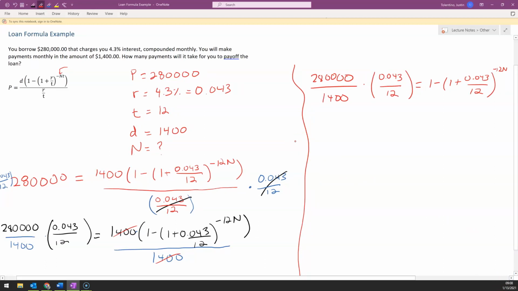So what is our next step? I still can't get to this exponent, which is on this parentheses of the 1 plus 0.043 over 12. But what we can do is this 1 now, since that 1400 is gone, we can get rid of that. We have a positive 1 here, and we need to get rid of it, so I'm going to subtract 1 on both sides. So if I subtract 1, I'm going to end up with